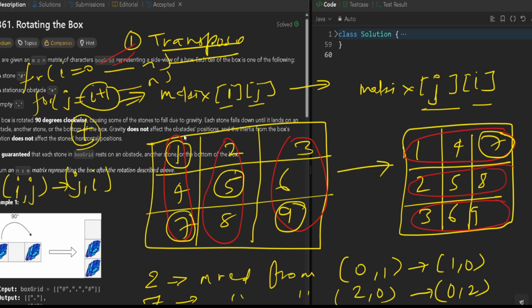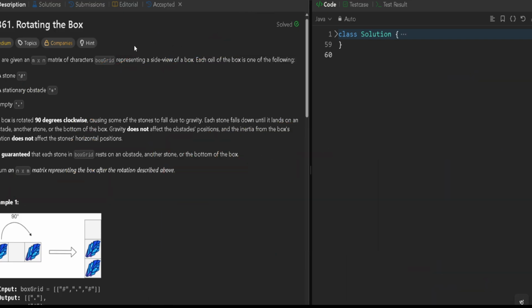Okay, now come back to the reverse. Let's understand the reverse now. So you understand the transpose; you can pause it and take notes. Now let's talk about the reverse. Point number 1 is transpose, point number 2 is reverse. Now understand reverse each row. So after transpose,